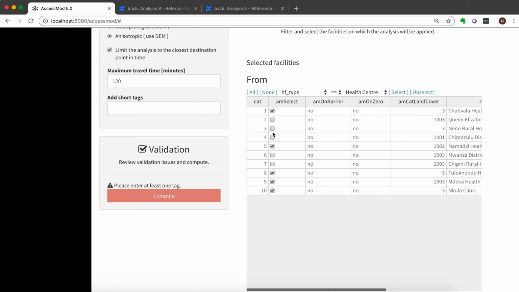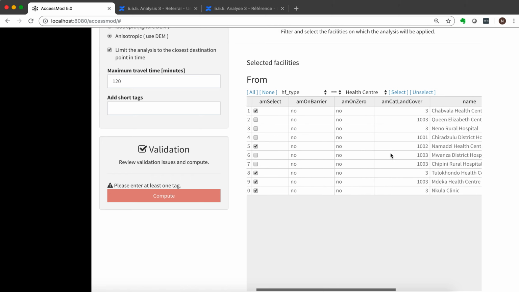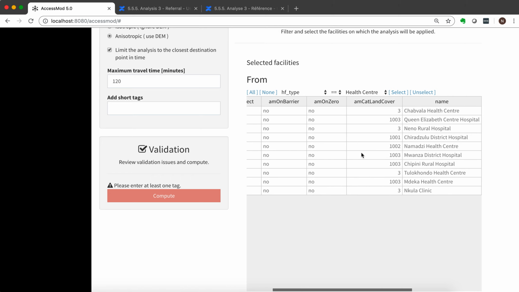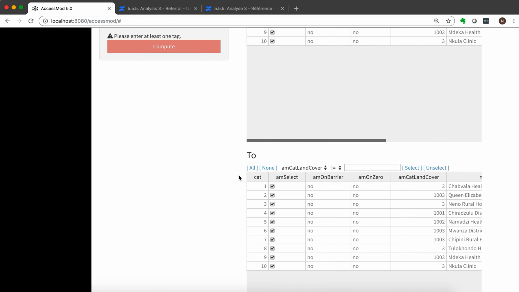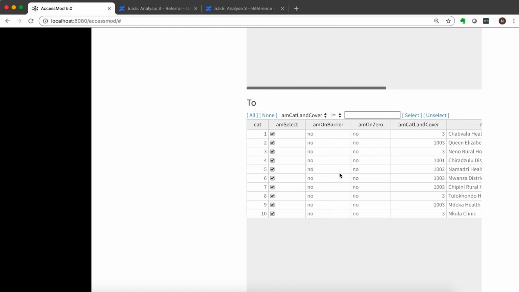Click on select, and you see that I now have 5 of my health centers selected, which will be my starting points for my referral analysis. I go to the second one, and here I want to select the hospitals. So I start by